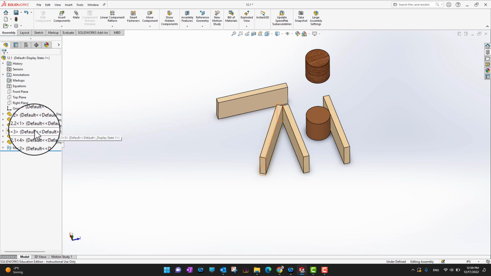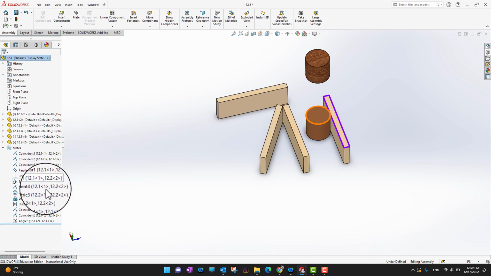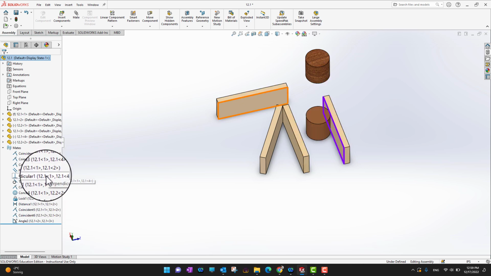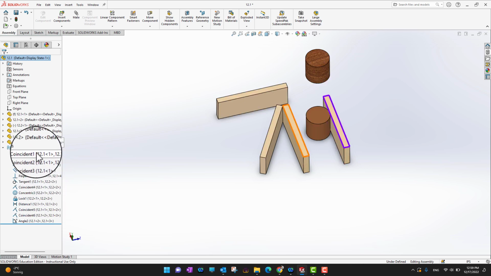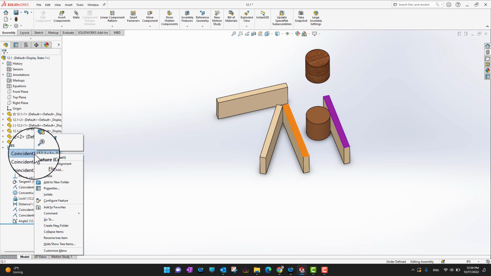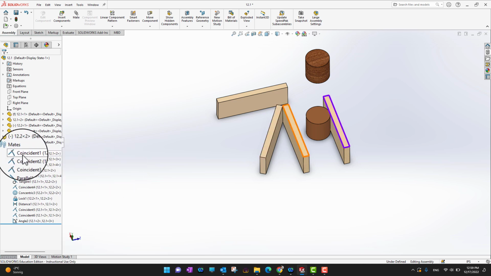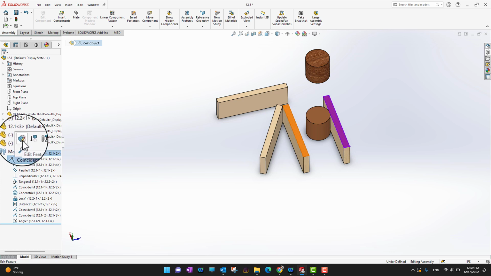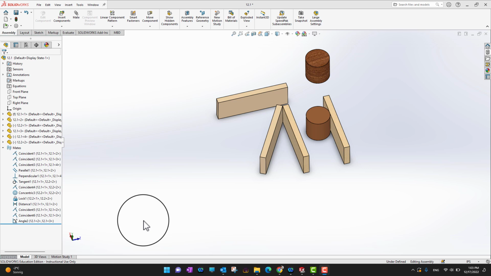And now you can see in the mate section, these are all the mates which we have used between all of our components. So if you don't want any mate, or if you want to delete any mate, you can just right click on them and then delete them. Or there is another option: you can go into them, edit the feature, and then edit your specific mate. So this was the broad overview of mates which you can use to assemble your components into the assembly environment